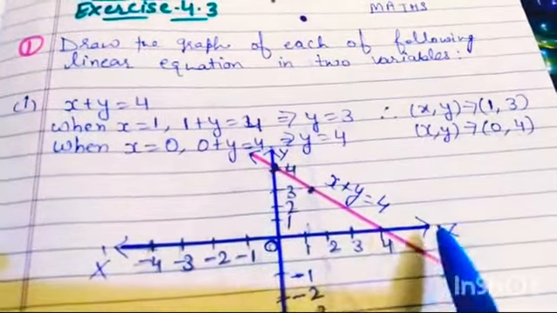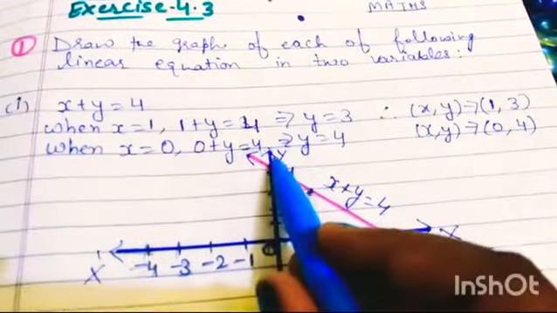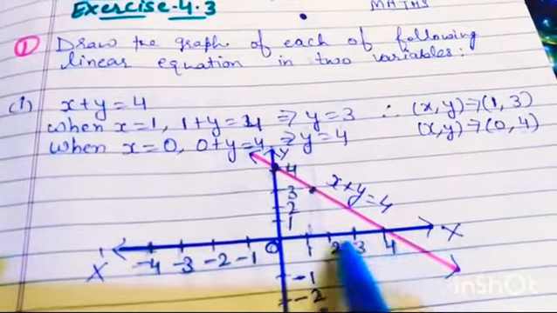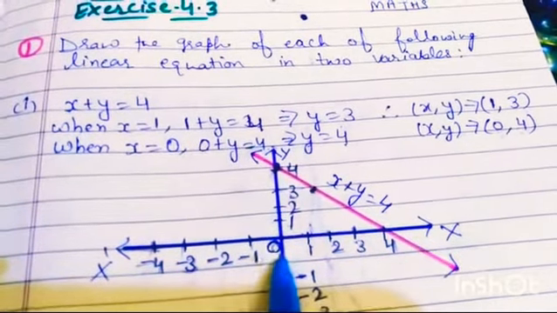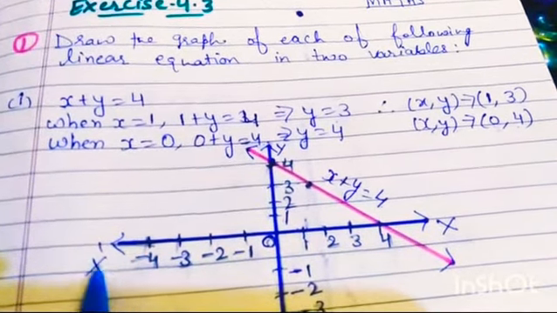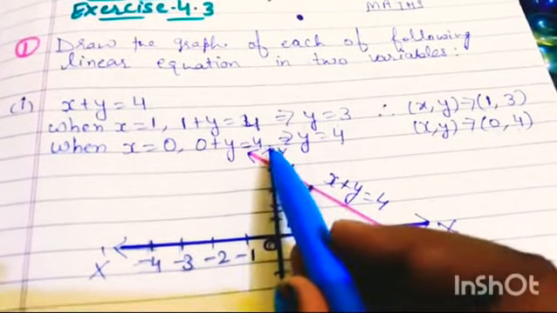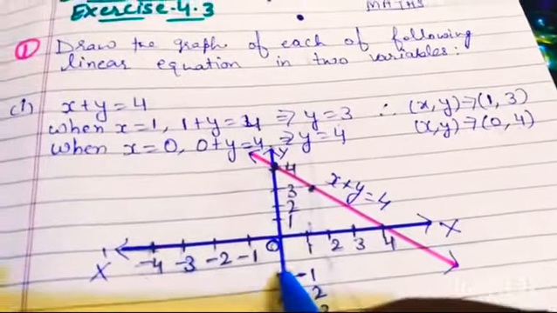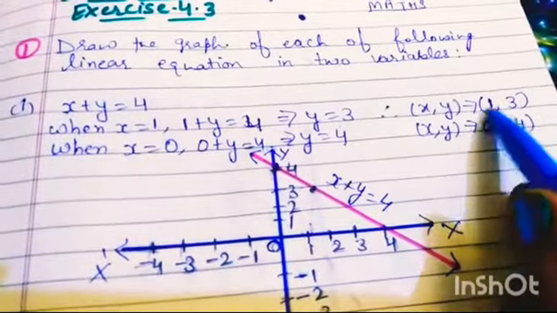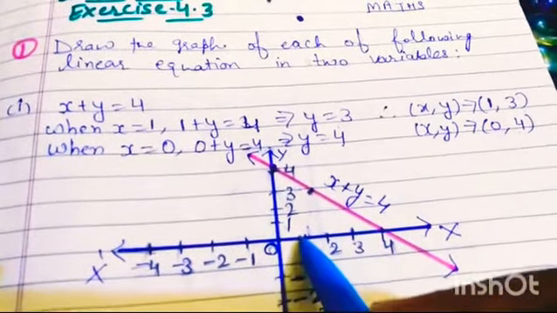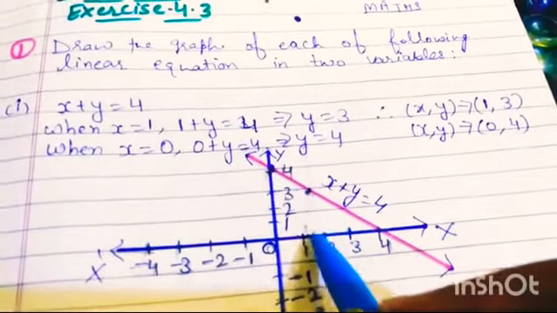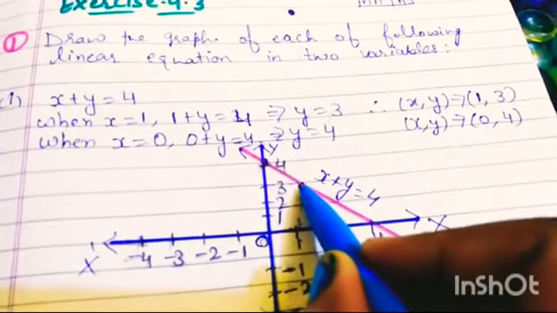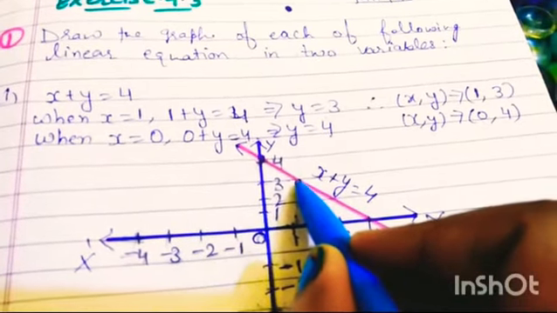First of all, we have taken one line as the x-axis and the second as the y-axis. On the right side there are positive numbers of the x-axis and on the left side negative numbers of the x-axis, and on the upper side positive numbers of the y-axis and downside negative numbers. Now first of all we will take the point 1 comma 3, x value 1 and y value 3. This is known as 1 comma 3.